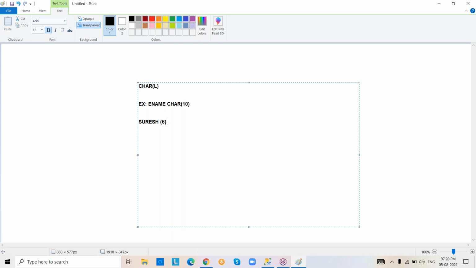But what happens is it occupies 6 bytes for the data we inserted, and the remaining 4 bytes go for blank padding. Blank padding means 4 bytes of space are going to waste. So in this way, some memory wastage will be there in the fixed length character data type.